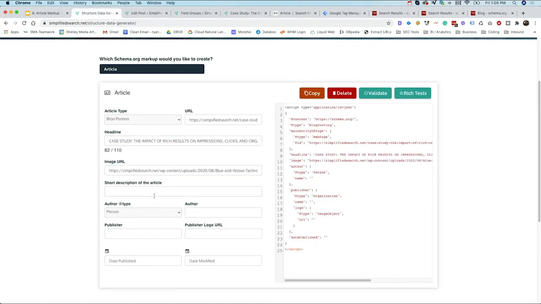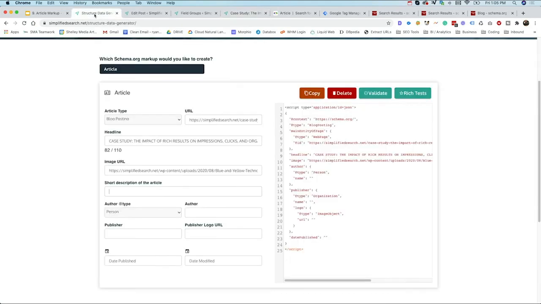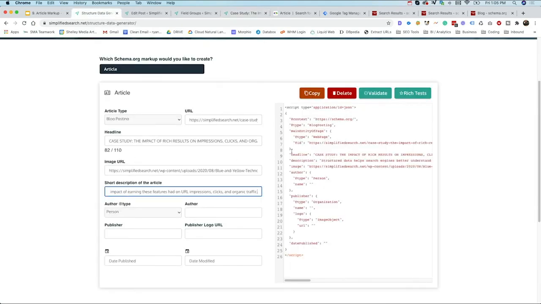Here you want to have a short description of the article. What is the article about? Typically, maybe you would use a meta description or really just write an abstract of it so the search engines can better understand what it's about. The author can be either a person or an organization. If it's a person, in this case,